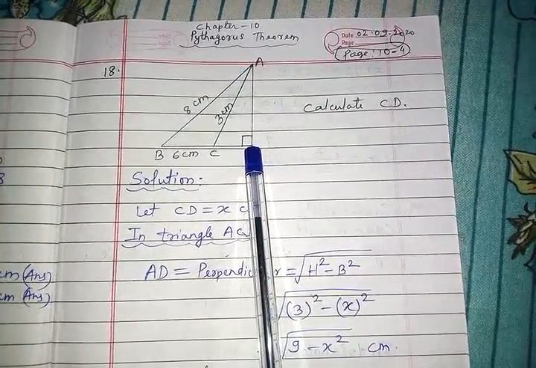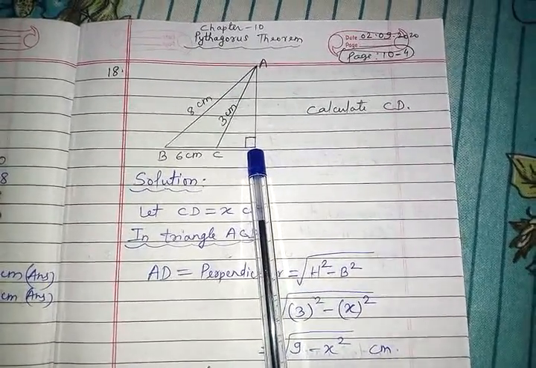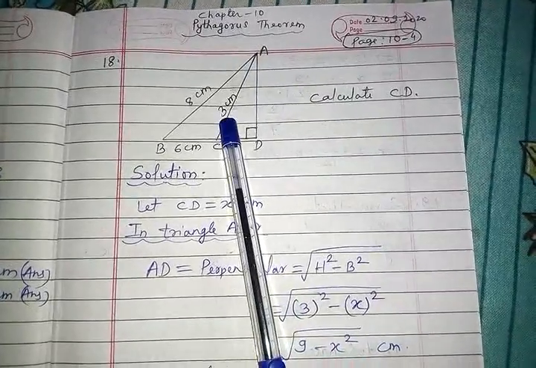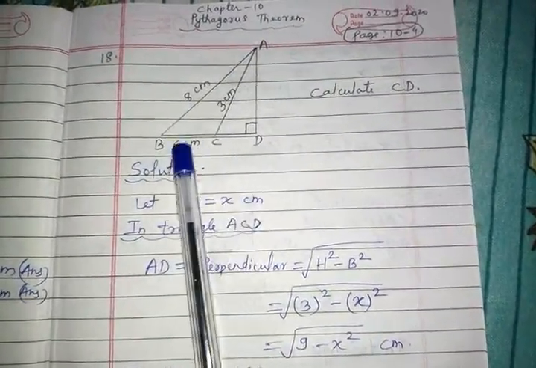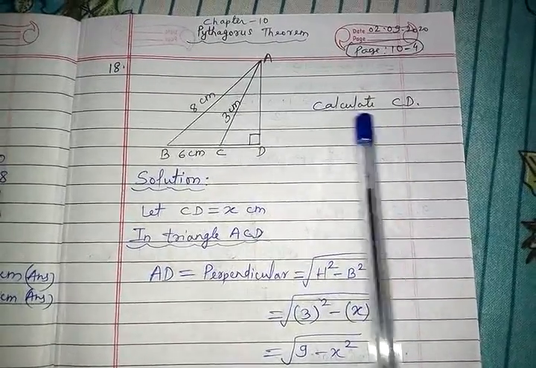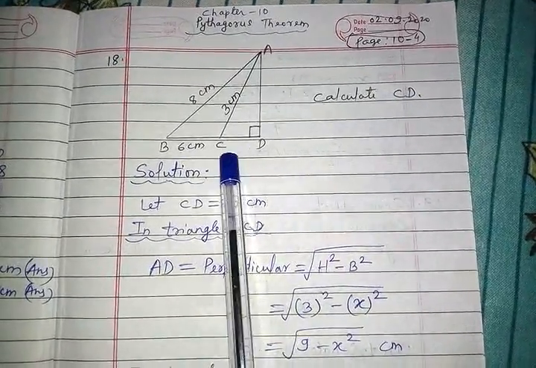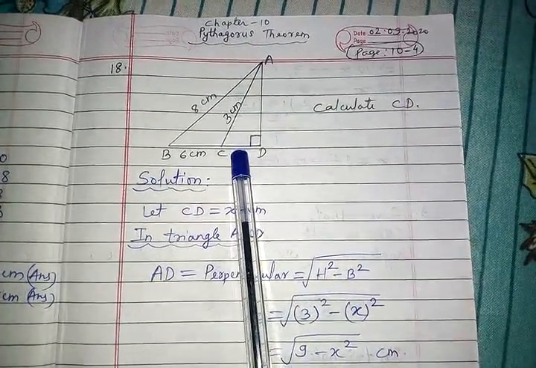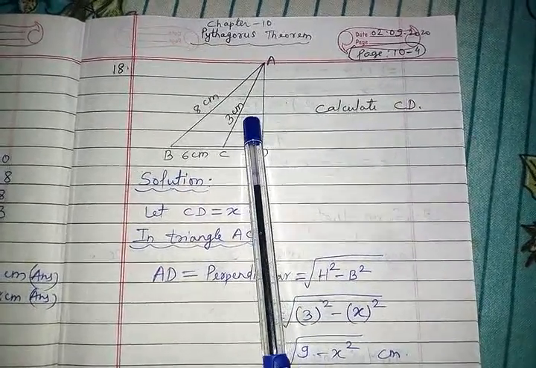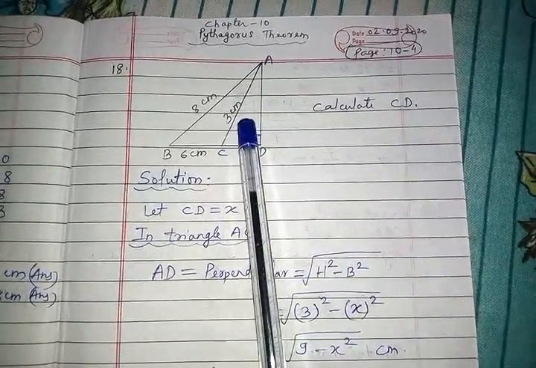90 degree is at angle D, and you can see AC is 3 centimeter and AB is 8 centimeter and BC is 6 centimeter, and you have to calculate CD. So this is CD. But one problem in this question is that, as if you take triangle ACD, this particular